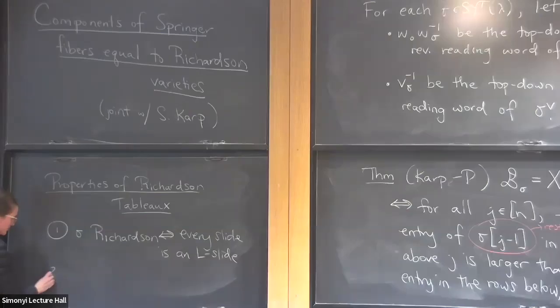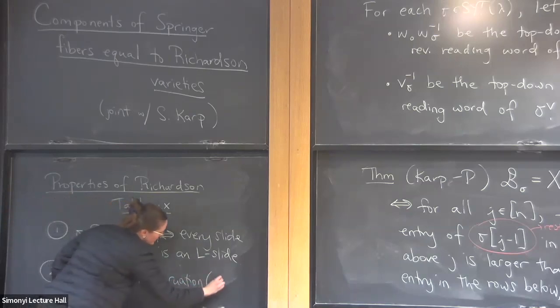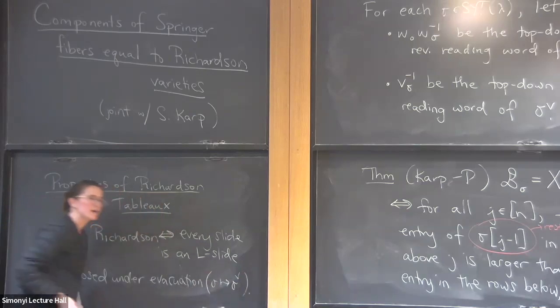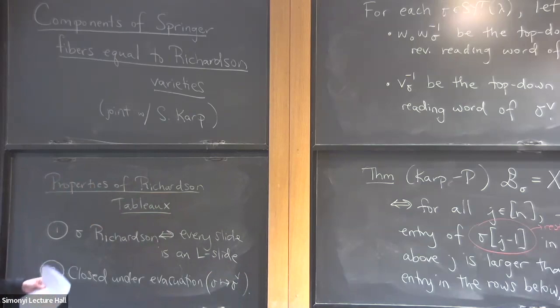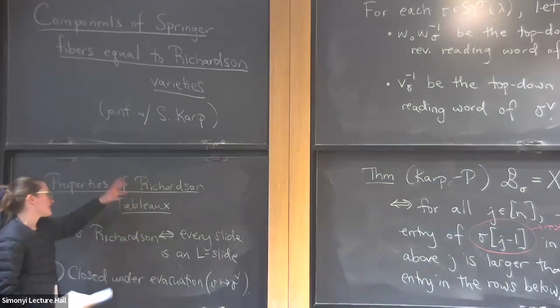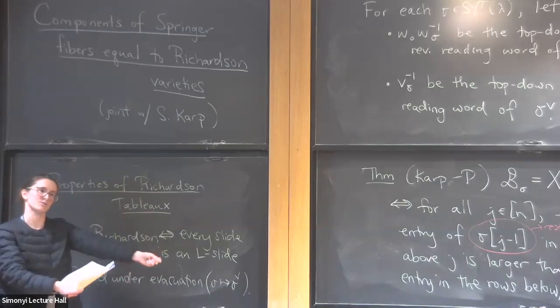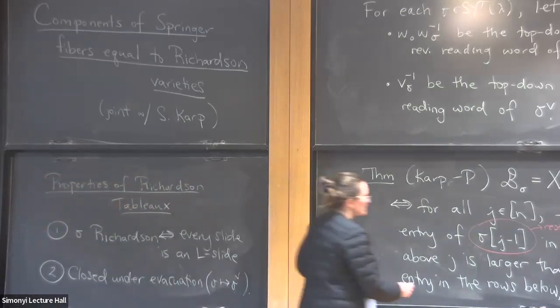So the set is closed under evacuation, which was this dual operator. Given Van Leeuwen's results, that there was this isomorphism from the flag variety to the dual flags, this should not be surprising. If we follow that through, we should see that the Richardson varieties on one side, you flip things around, and you get another component that must be Richardson. And then finally,